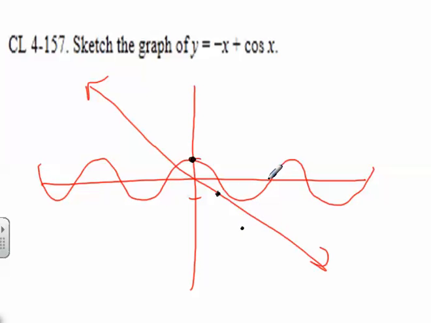At this point here, it's 0 together with this value. At this point, I've got a positive with a negative, so it sort of pulls it this direction. And so what's happening here is it's curving like this around the line. And it's going to continue like that the other way. So that's how you would sketch that. All right,